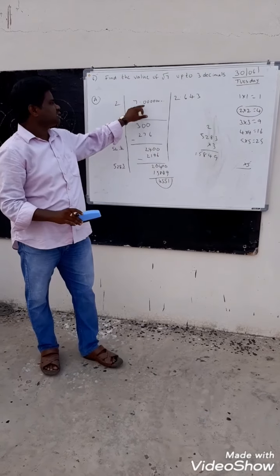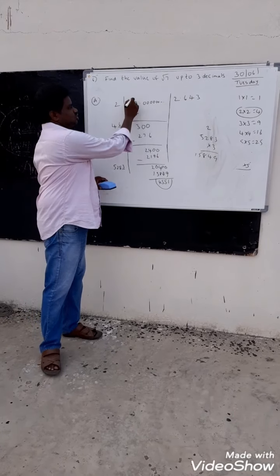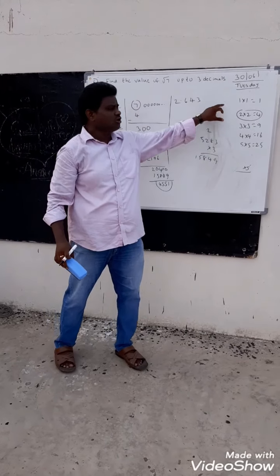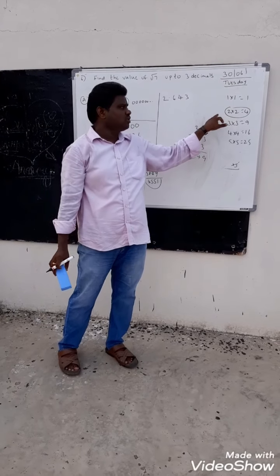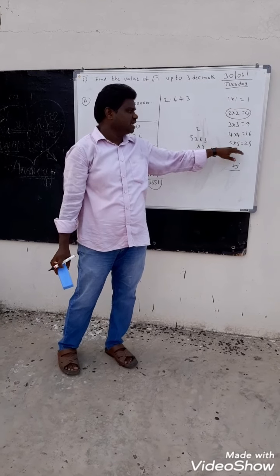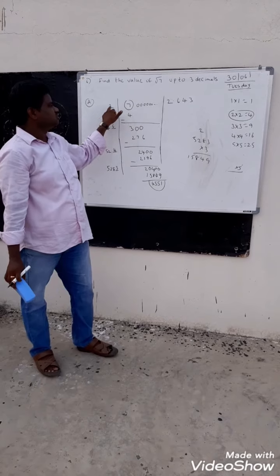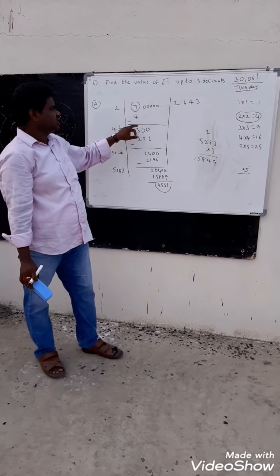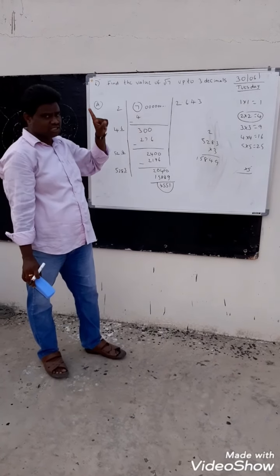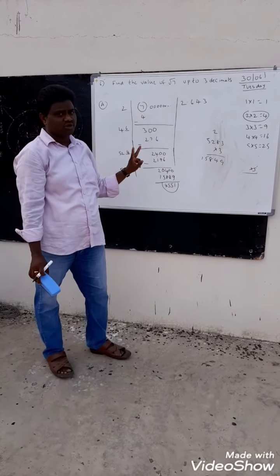First, the real part is here, 7. So you have to check first about perfect squares. That is 1 into 1 is 1, 2 into 2 is 4, 3 into 3 is 9, like that. So for 7 you will get 2 2s are 4. After that, 7 minus 4 is 3. You have to bring 2 zeros, not a single zero. 2 zeros you have to bring, because this is square root you are finding.